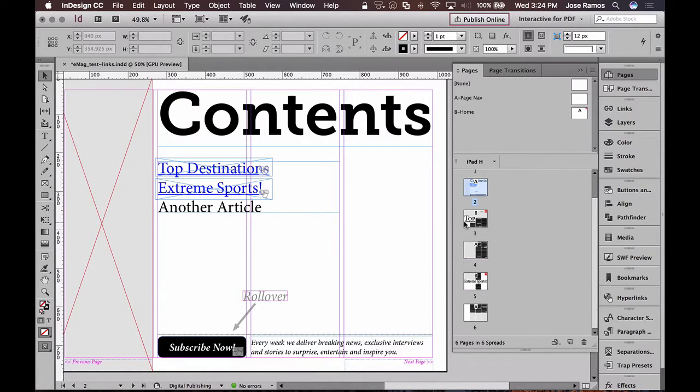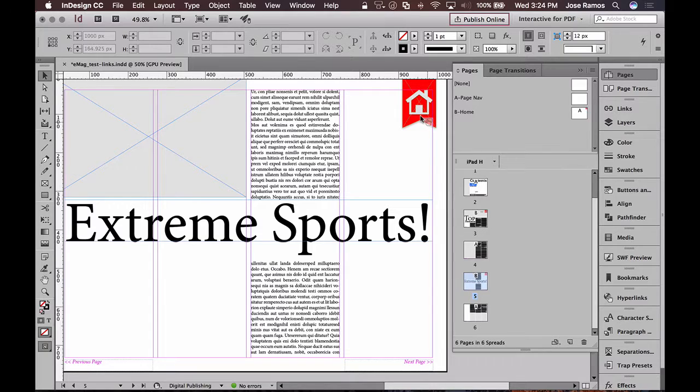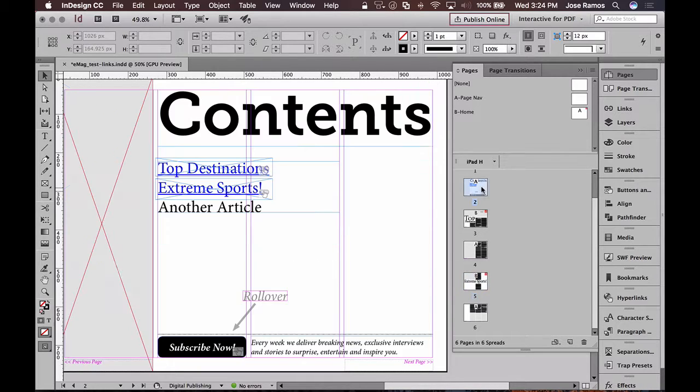And now, if we go to page 2 or 3, we can see that we have a little home button because I'm actually applying the home master to this page. I'm also applying the home master to page 5, as you can see here. So everything seems to be working,